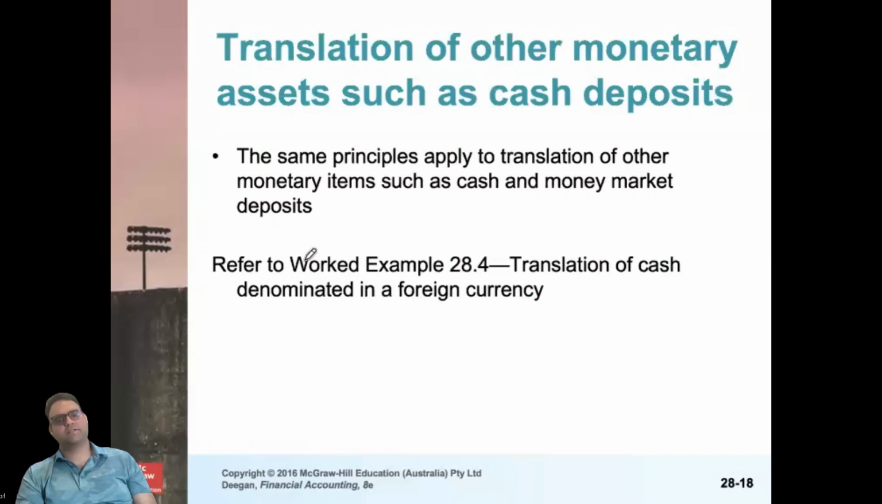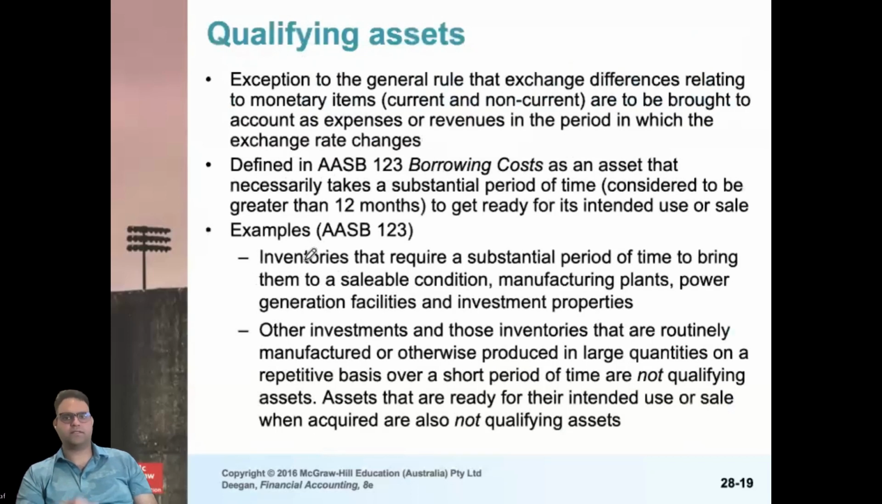Now, they discuss a simple translation of the monetary assets such as cash and deposit. The same principle will apply to all the money markets. So in the last part, they discuss what qualifying assets are. Qualifying assets are those assets where we do the borrowing, and that borrowing cost we have to